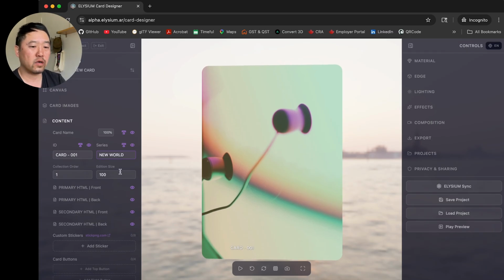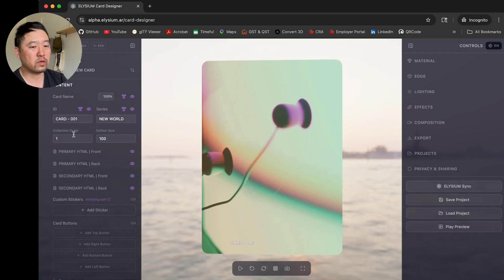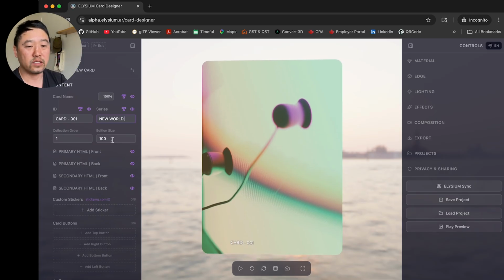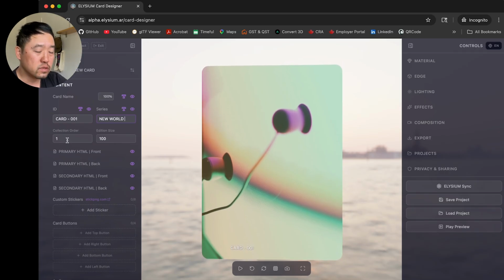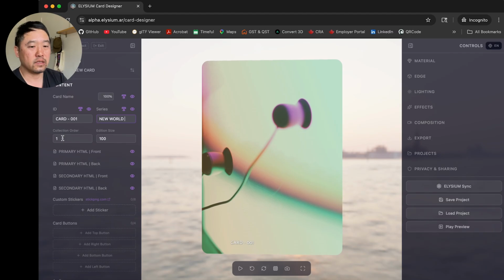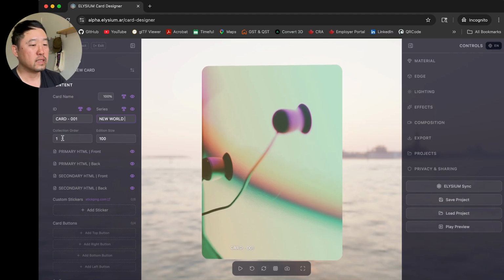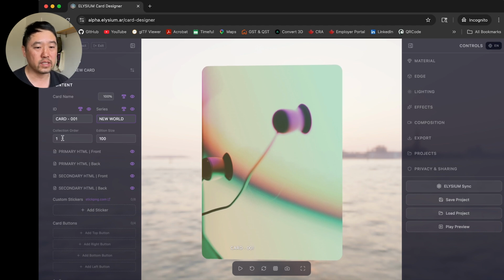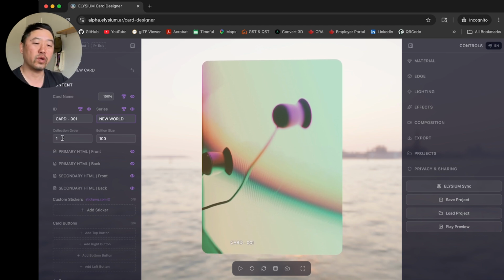We have fields that are not being printed on the card, but are used for our own metadata, or for when you want to create worlds, where you can use a collection. So the idea is that you have a card in a series. Say, in a standard playing deck, you have 52 cards, right? So you might have card 1, 2, 3, all the way to 52.